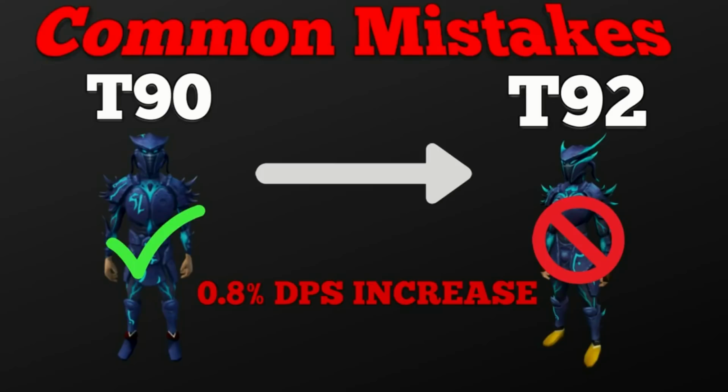Consider the fact that for ranged, it's going to cost you almost 800 million GP to upgrade to Elite Serenic, and for mage, it will cost you over 300 mil to upgrade to Elite Tectonic. So upgrading to tier 92 armor is usually one of the last upgrades you'll want to get, and you'll only want to get it once you have almost every other core upgrade